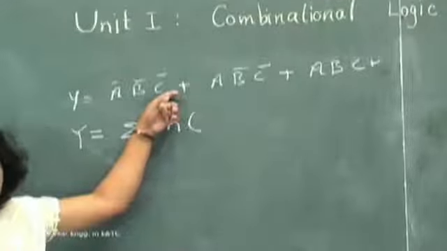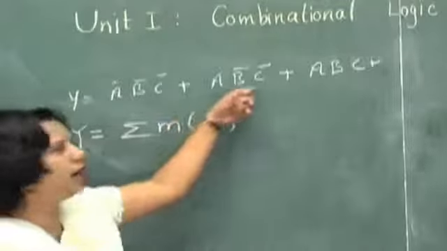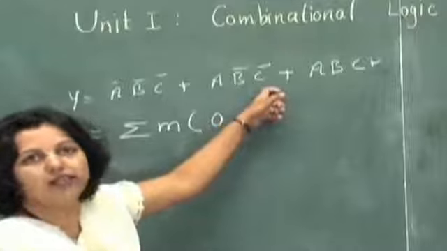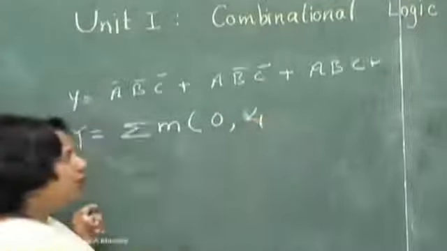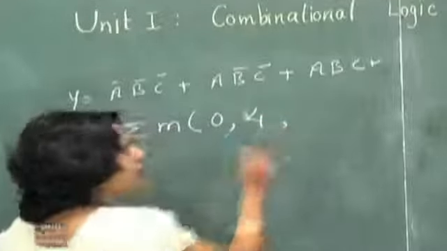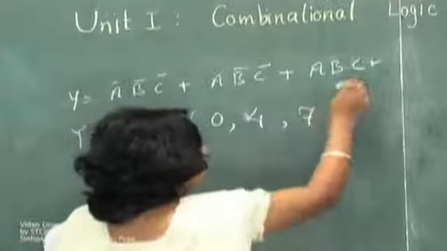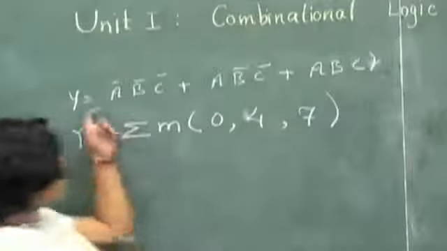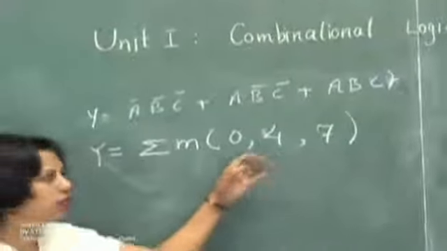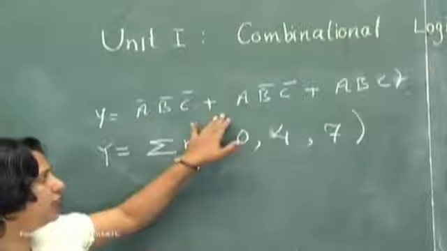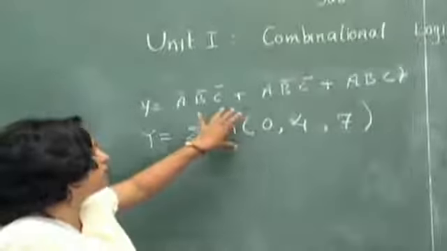You can write down either m0 or directly 0. A B bar C bar is nothing but m4, so it will be written as either m4 or directly 4. ABC is nothing but m7, so you can write down m7 or directly 7 and so on. Suppose this is our example. Instead of writing such an equation, I will write the equation in this form. This is such a simplification of writing the equation. So this is how we are using the min terms or max terms.